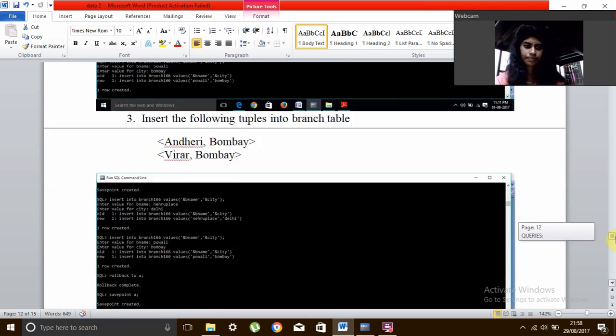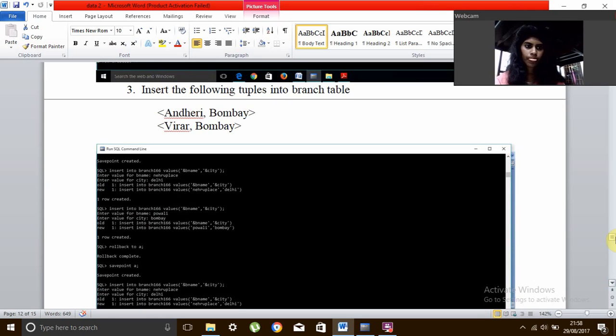and save point is being created, and insert into the branches. For everything I have to create, and then give save point, and then to roll back to A, the rollback is being completed, so it goes back to the initial starting state, and it is being saved by using save point A, and save point is being created here,